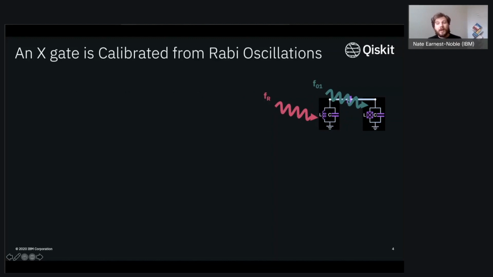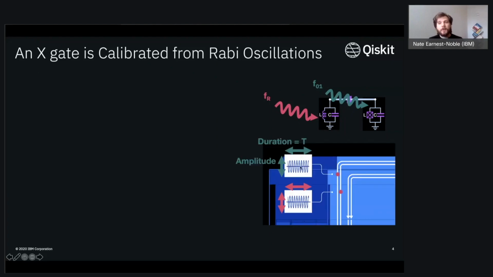At some point when you actually get onto resonance with your qubit, you'll see that your resonator now begins to shift its state. And from this, you now get a rough calibration of your qubit frequency. And there are some ways in which you can do fine calibrations for this as well. But now, once you've taken these generic pulses and found the excitation of your qubit, you want to start to think, how is it that we can actually get this X gate, say, for a single qubit gate?